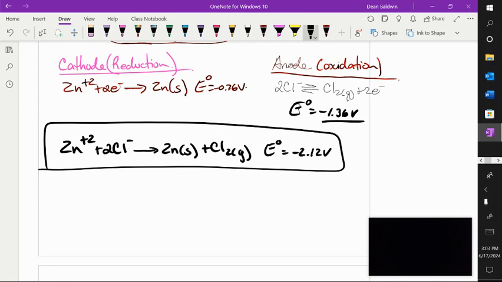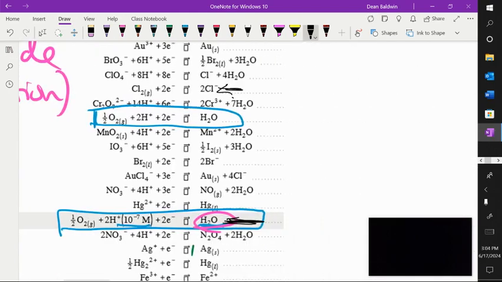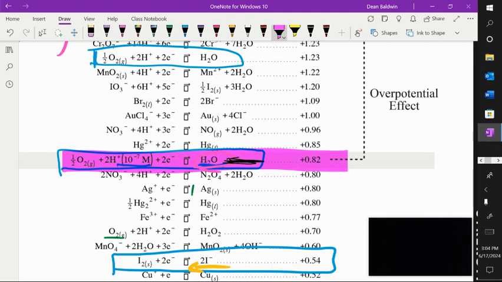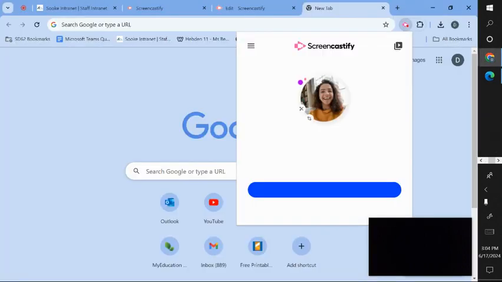So all you have to do is account for the reduction potentials. All right? But the voltage you use is the same voltage that is in the data booklet. If we were using this reaction here, we would use a voltage of 0.82. But you just pretend it's essentially up there. Okay? That's it for overpotential effect. Finish those questions. I'll post the